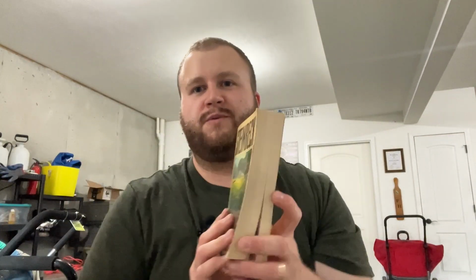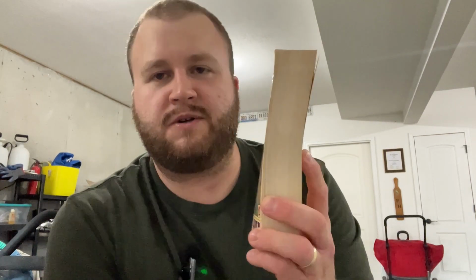Next on the list, I did a little short a few weeks ago. I read this earlier this summer, and that is East of Eden by John Steinbeck. This is the second or third Steinbeck book I've read, and it is definitely my favorite of his. And basically, it follows these two families in California, the Trasks and the Hamiltons, between the Civil War and like World War I in California,